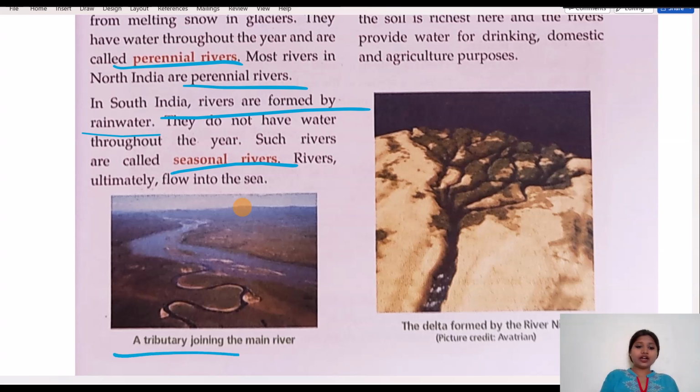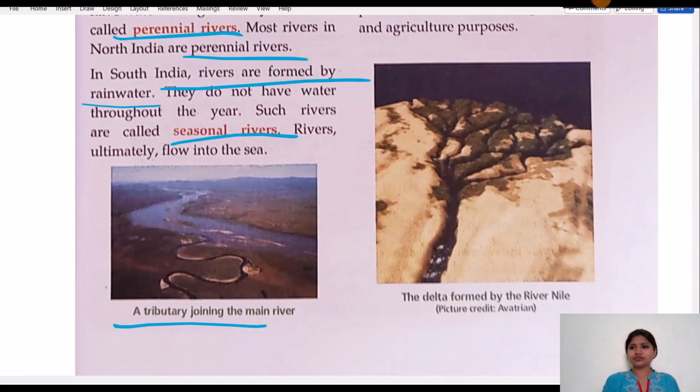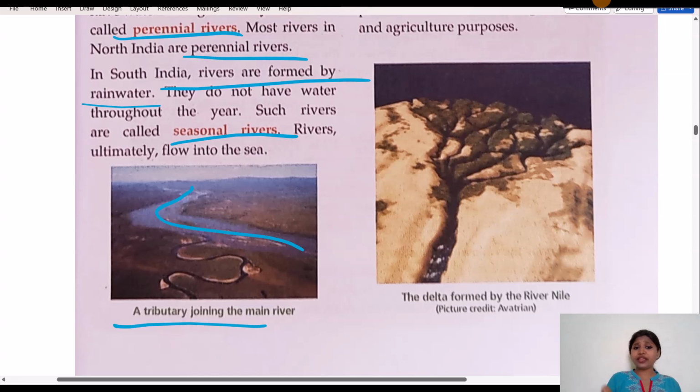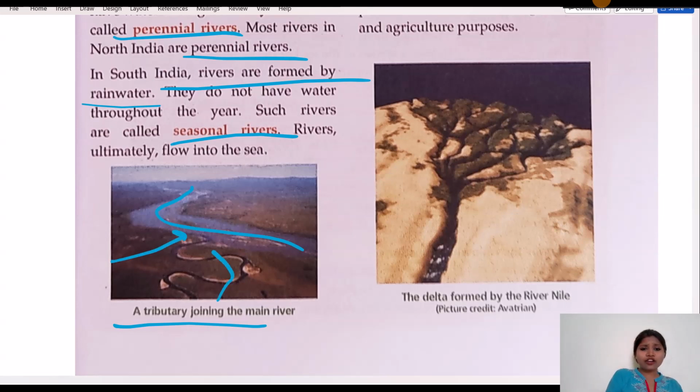If you see the tributary joining the main river. अब ट्रिब्यूटरी किसे कहते हैं? Tributary rivers means, see here you can see one big river, and here comes one small river and joins the big river. That we can call the tributary. यानी कि एक बड़ी नदी होती है और उसमें बाकी छोटी नदियां आकर मिल जाती है, हम उसे ही ट्रिब्यूटरी कहते हैं. ओके,